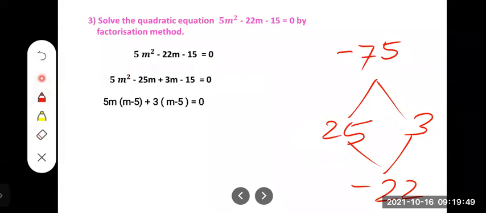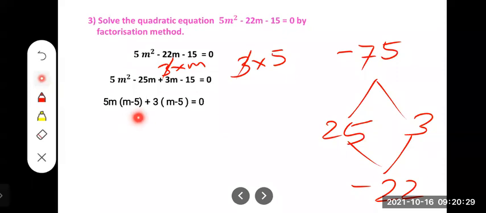Now you see, next one 3m and minus 15. So here also 3m you can write as 3 into m, and 15 you can write as 3 into 5. So what is common here? 3 is common. You take 3 common outside. And what is left out? M and minus 5, 5 is left out, children. So this 5 you have to write over here. Clear? So m minus 5, m minus 5. We are getting the same answer. Yes.